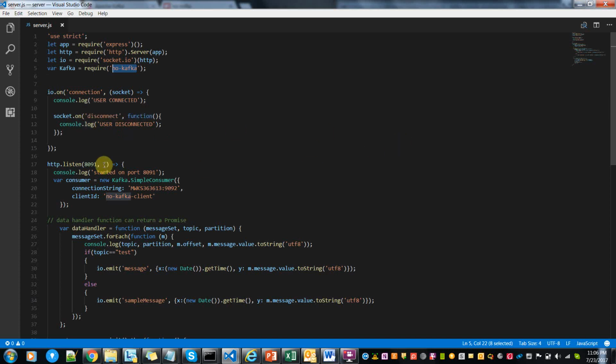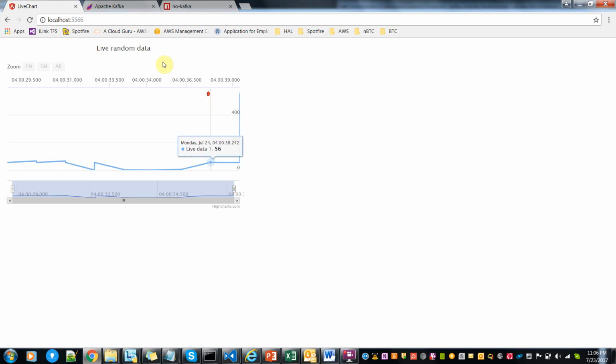Okay, so here this is the first step. I'm listening on this port. In that case, I am initializing my Kafka consumer, and this is my connection string, and this is my client ID. You can get more information about node-kafka in this link.